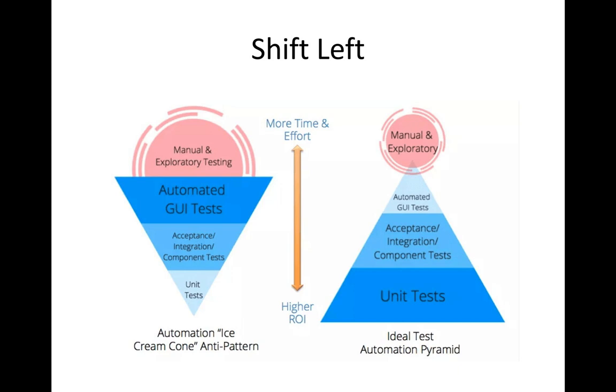And typically they'll construct their quality assurance process in such a way that they form what we call the ice cream cone anti-pattern in software testing. And that's this pattern on the left, where the developers may write a few unit tests